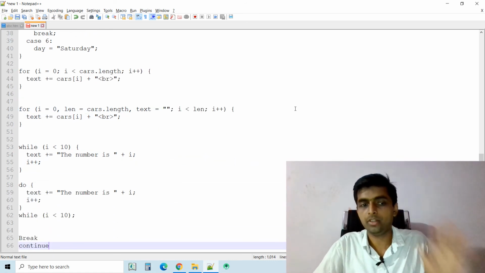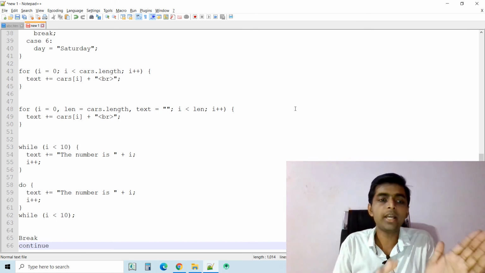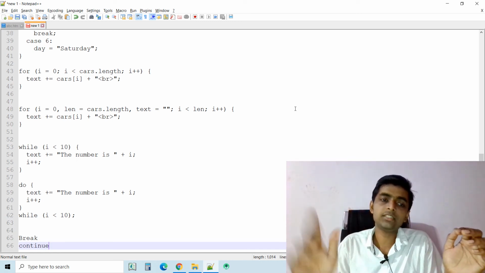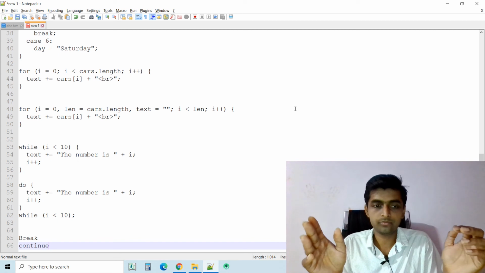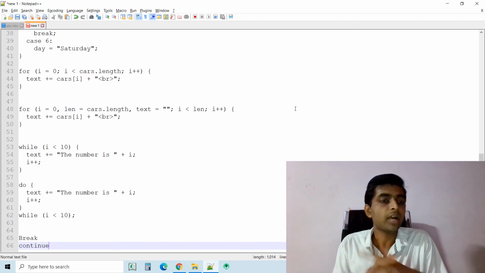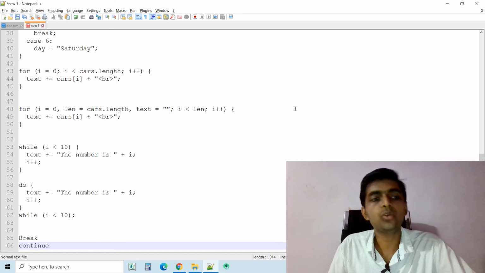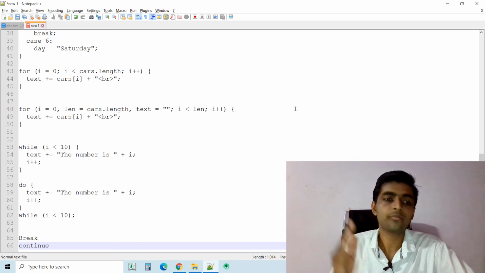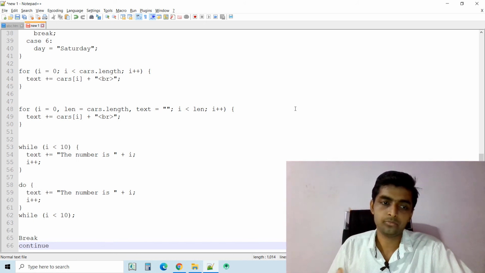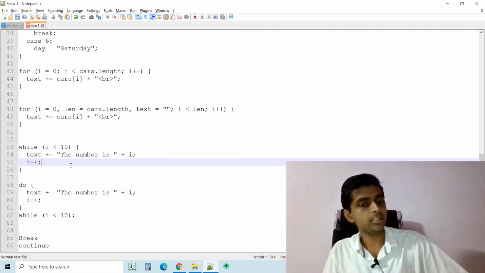While loop means the condition will be checked first. Do while means first do this. If the while condition matches, then again come into the do loop, else not. While first checks the particular condition, and do while first performs the step, then checks. In some cases do while is required, and while is also required.